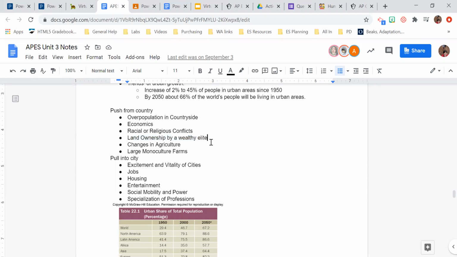This one happens a lot in mining, so we'll talk about it more when we talk about mining, but that's a good example where the people who own the mines don't live in West Virginia, but they own most of the land in West Virginia. And there was a lot of other things that those people took advantage of miners in the early days of mining. Changes in agriculture are another one.